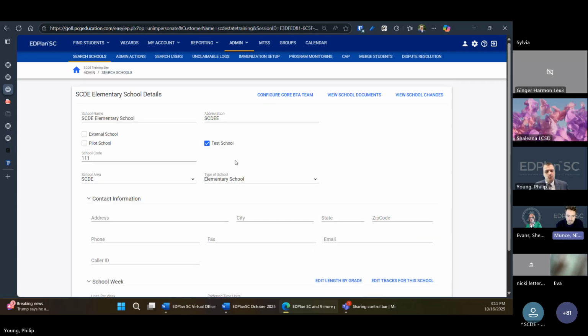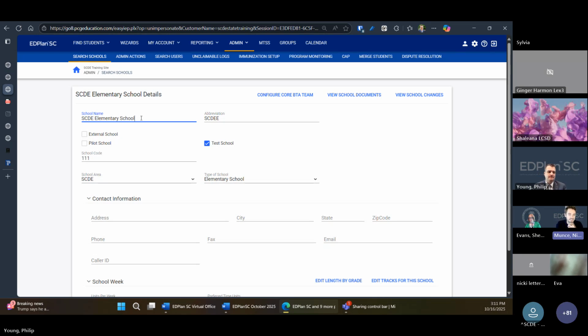But we know that box can become unchecked. So a second thing we filter on is the presence of the literal letters "test school" in the name. So if the phrase "test school" is present where Phil is highlighted right now, students in that school would be taken out of your federal reporting output because it's a test school. What this does not catch are all possible variations of this. Maybe you called it sample school, or maybe you called it Charleston County test school. Any variation away from those patterns would cause that school to not be filtered out.